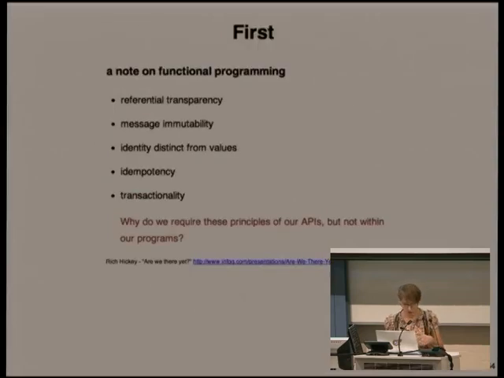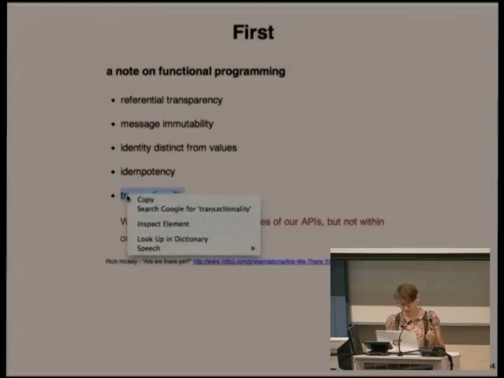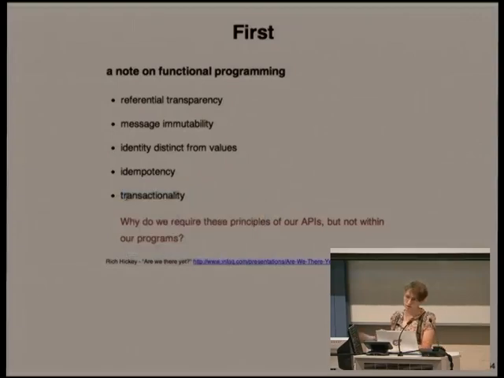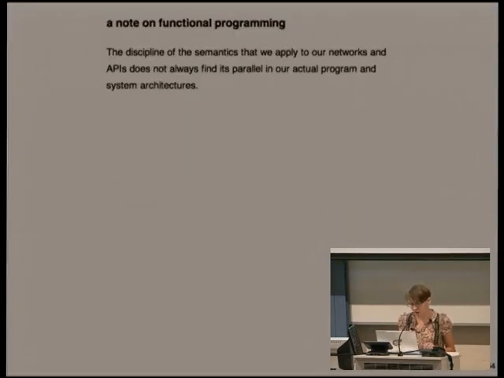So first, though, I want to just say, regarding functional programming, people would have picked this up from earlier today. These are properties which generally you would put into an API. So if you're designing something like a REST HTTP API, you want it to have these properties. You want data that goes into it to act transactionally. So usually there'll be a structured database backend that offers that. And Rich Hickey, in one of the talks where he introduced Clojure, basically said, why do we do this when we design our APIs, but not for how our programs actually work internally, when, well, this is subjective, but some of these things seem like intrinsically good properties to have.